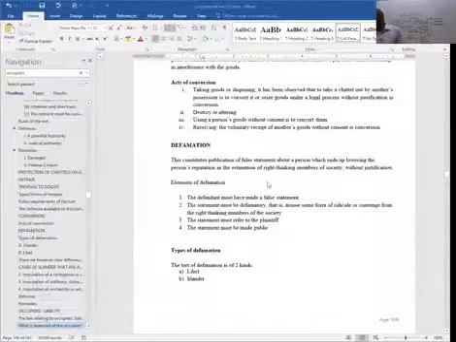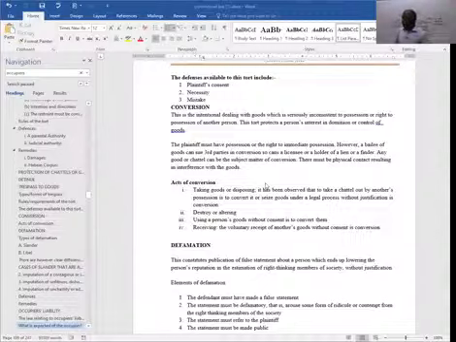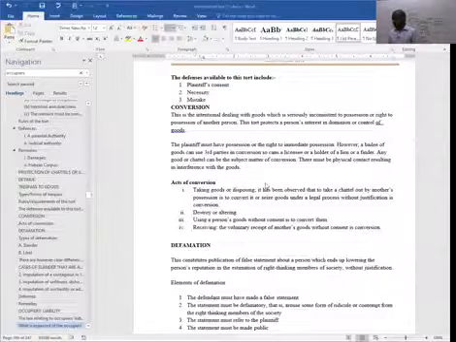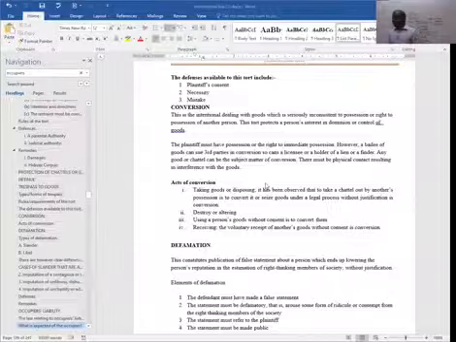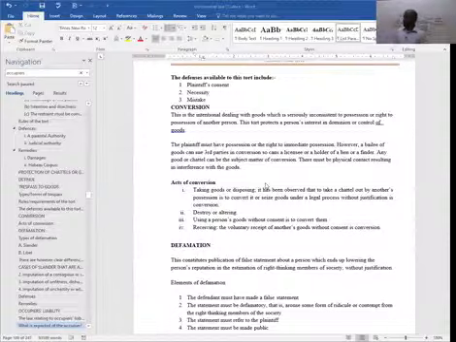So you can see there what defamation is. This constitutes publication of a false statement about a person, which ends up lowering the person's reputation in the estimation of right-thinking members of the society without justification. Basically, publishing or mentioning a statement which is not true about a particular person. It's a tort that constitutes publication of false information about a person, which lowers his or her reputation in the society.